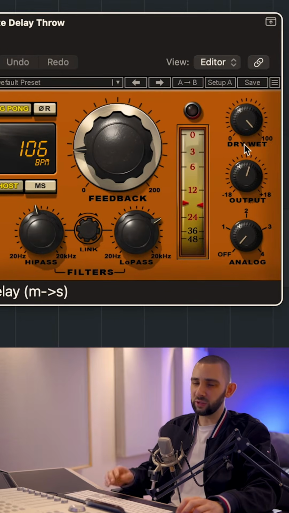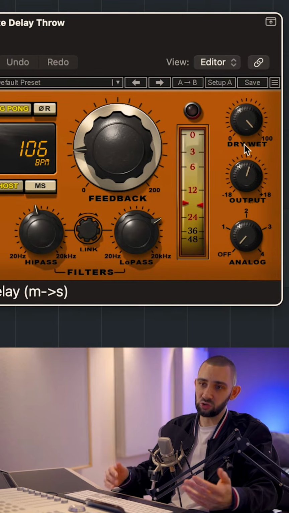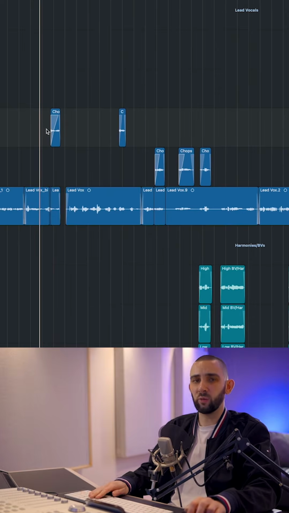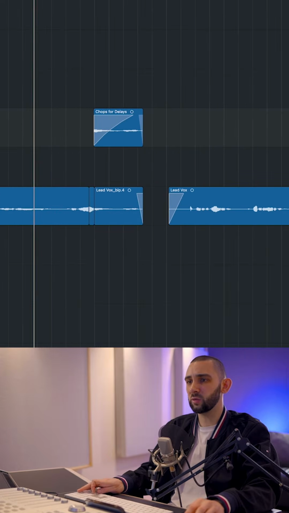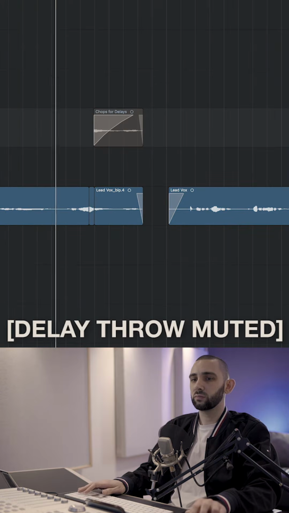Obviously the dry wet knob is on all the way wet because you don't want any of the dry signal coming through on this, because then you're going to create a duplicate. So I want to play this part with and without this delay on it, and you'll see just what this adds. It's kind of